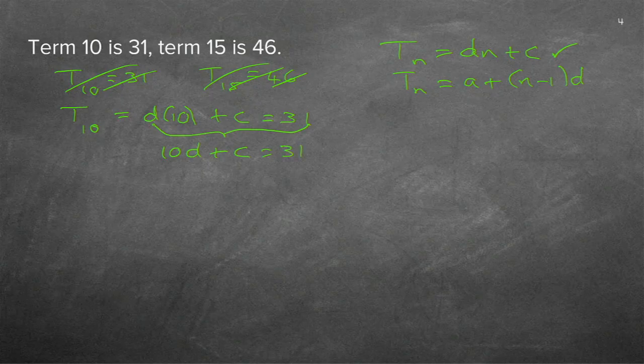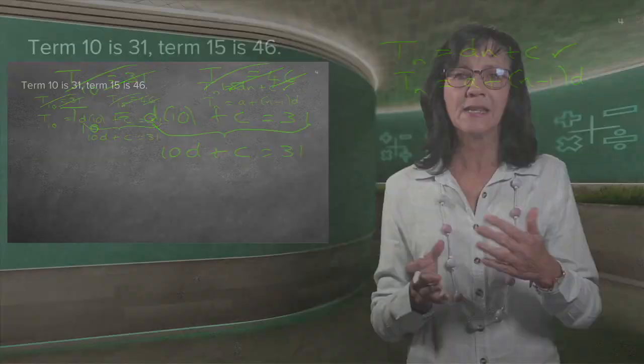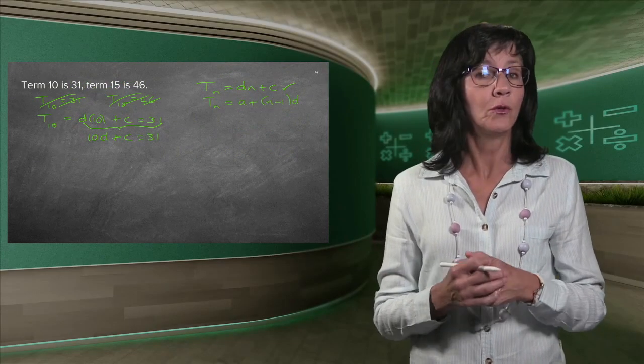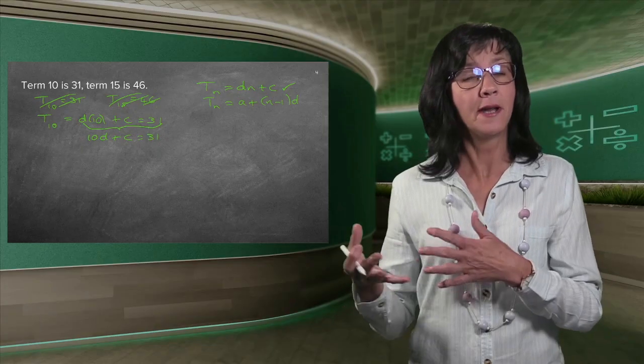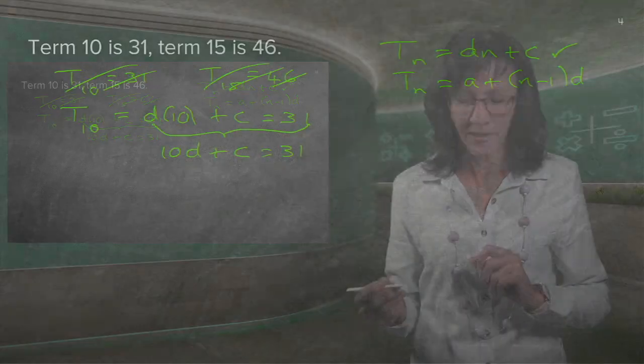So there, I've got now a sum. You can only do maths problems if you've got equations. Problem solving means you have to have an equation which you can solve. Now I've got that, but I've got a little problem. There's a d and a c in that equation. You cannot solve an equation with two variables in it. So I need another equation, but luckily they gave me another equation.